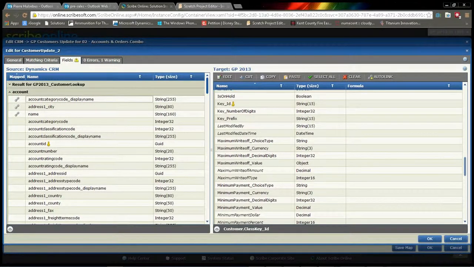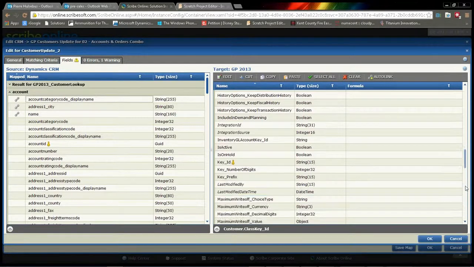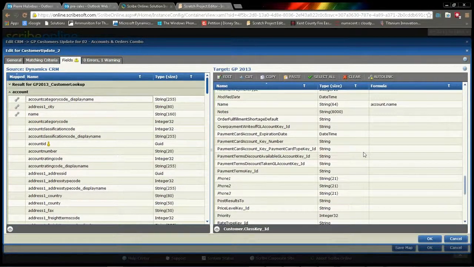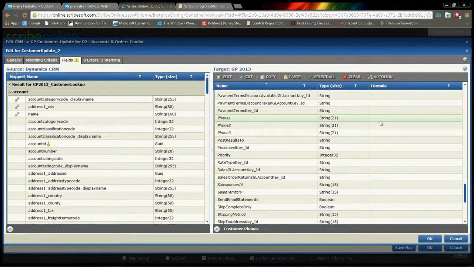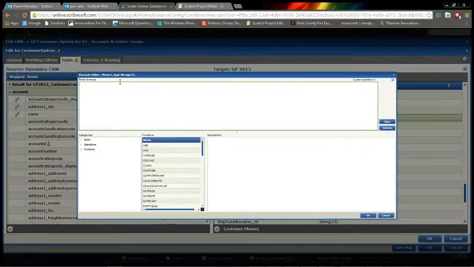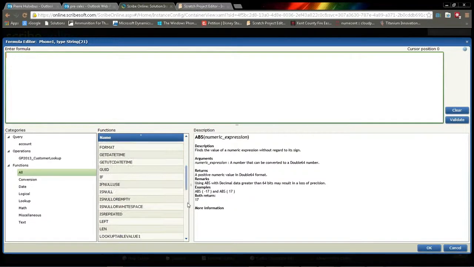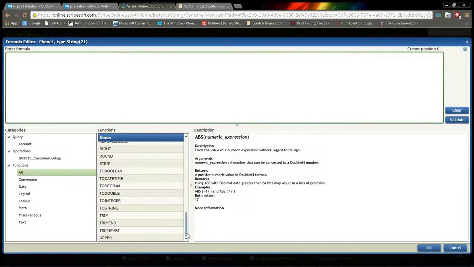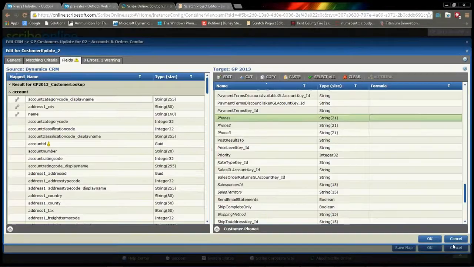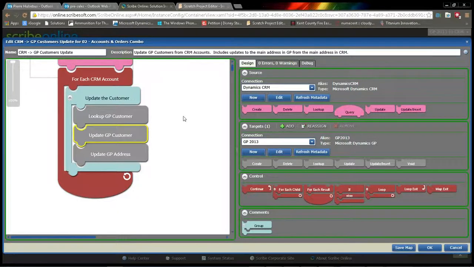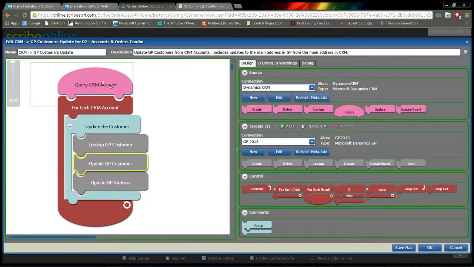It's just this drag and drop, and then if there's any kind of unique changes that you need to make or fields that you need to fill in specifically, you just manage it through that level, and through getting right into the formulas themselves, you can go in. And Scribe has a library of functions to build these formulas out. So we've got about in here about 75 different functions that you can use in order to manipulate the data going into your targets. So that is how the field level mapping works. And you can perform lots of different types of logic. This is a very straightforward one where you got accounts and then we're just updating customers,